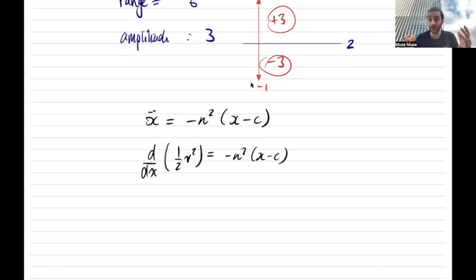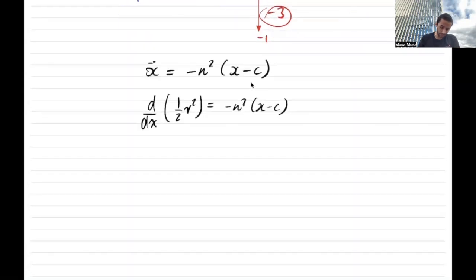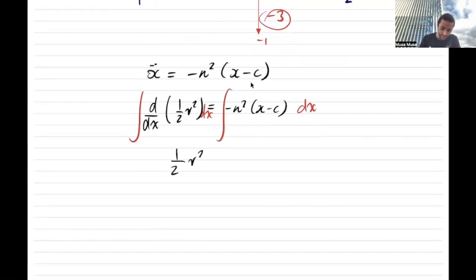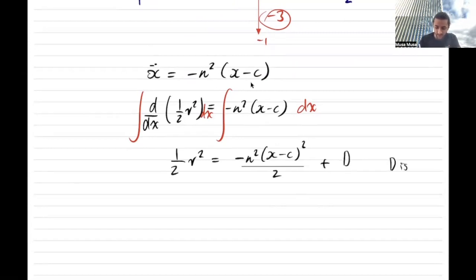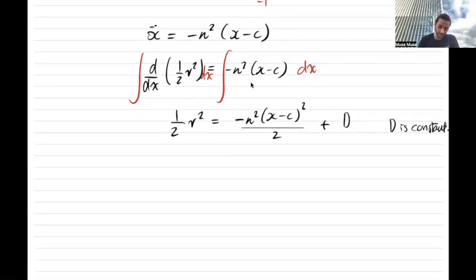Okay, and let's integrate both sides with respect to x. Integrating both sides with respect to x means we get a half v squared equals minus n squared, x minus c all squared over 2, plus, and I'm going to call this d, is constant. Okay, because we already have a c there. And then timesing everything by 2,